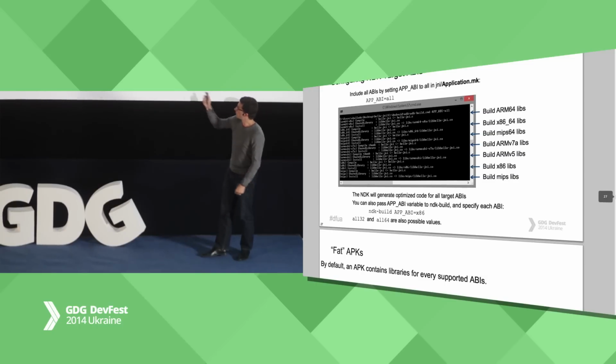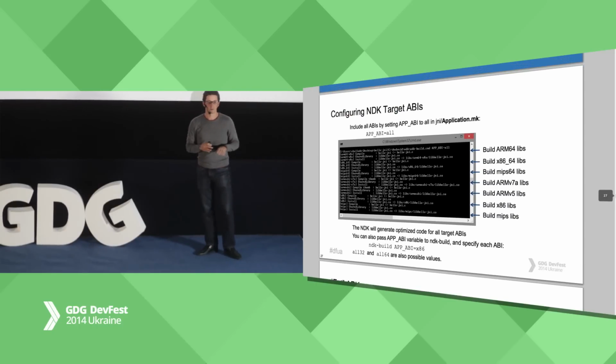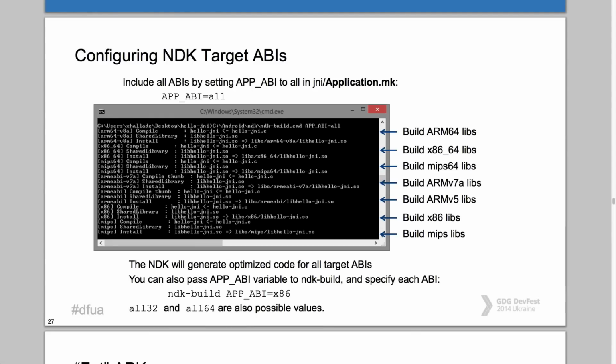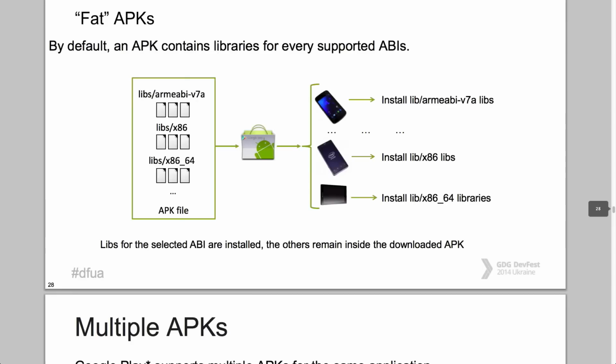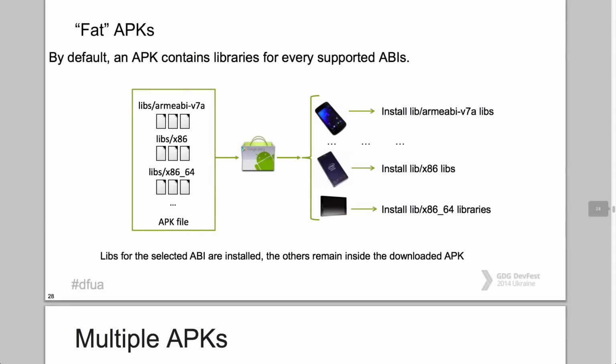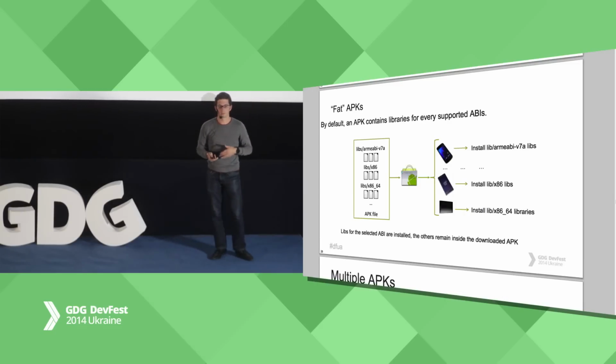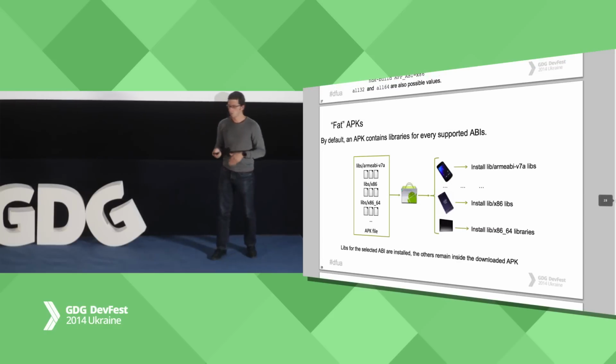So when you call the ndk-build script from the NDK, it generates all your libraries. And if you set APP_ABI to all, it will compile all your libraries under the libs folder of your Android project. So once it's done, you've got your .so file inside armeabi-v7a under libs and so on. You package it, everything goes into the APK under the lib folder. And then if you've got one APK that's compatible with all the architectures, you can just push it to the